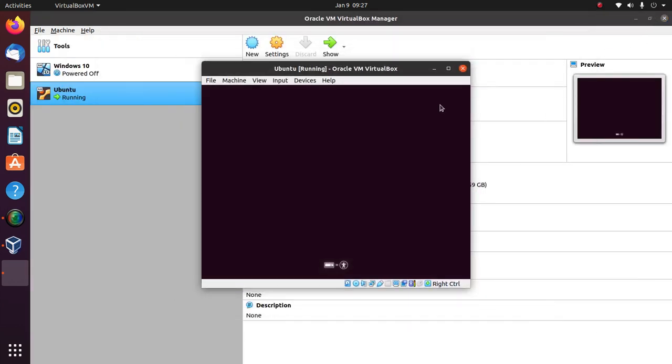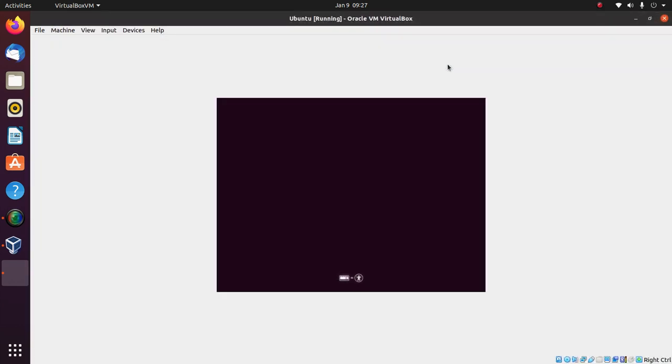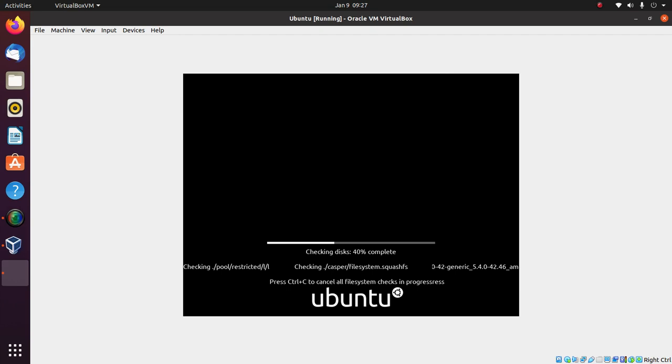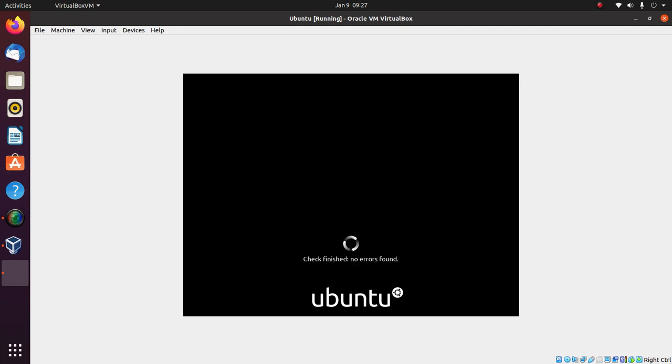So now the installation process is getting started. The virtual machine starts the boot process from the downloaded ISO. It is good to have disk checks so that it will report any bad sectors found. If no errors are found, it will proceed further. While booting or while trying to install Ubuntu, it will start into live mode.